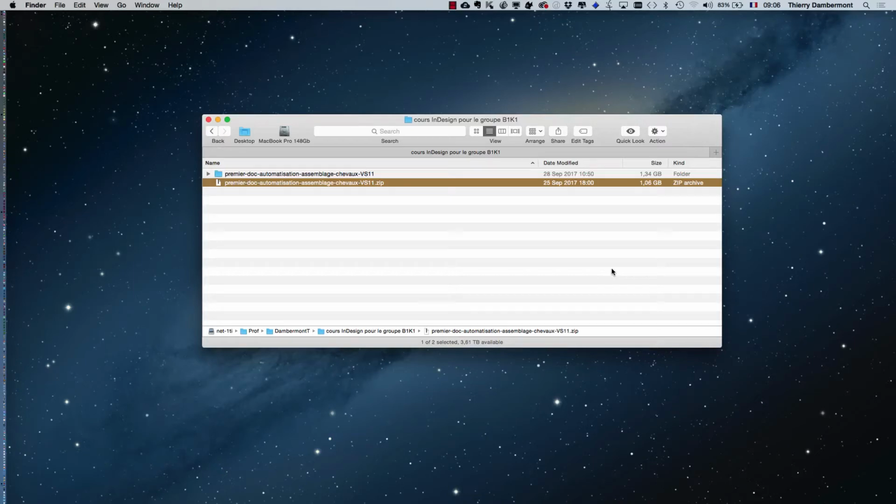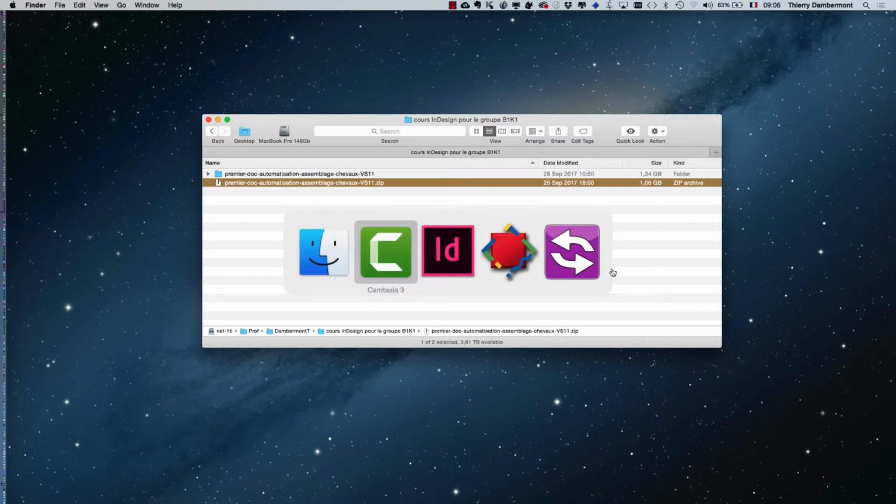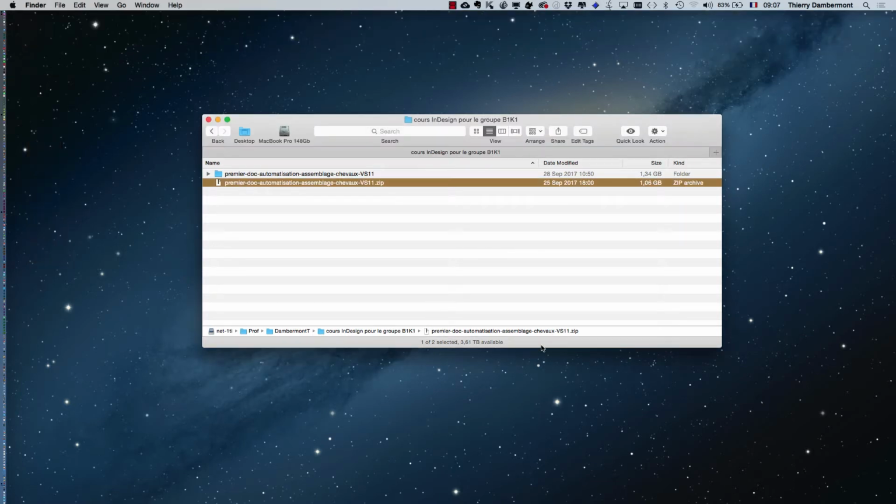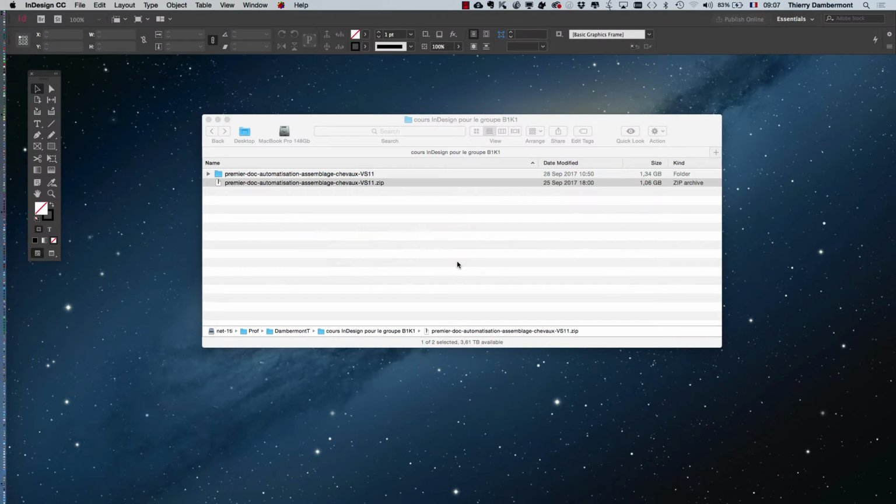Okay, meanwhile, while the file is downloading on your desktop, did you open the InDesign software, Adobe InDesign? Did you open it? So you have the dark interface. You have the dark interface, and you will be able, if you wish, to change it to a lighter one. So on your PC, you should go into the Edit menu,